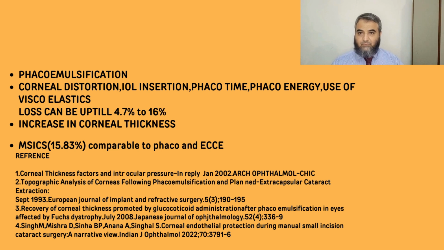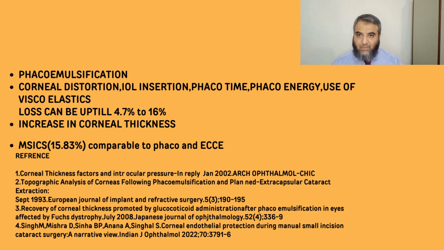It happens while we are doing any manipulation, putting in gel, the phacoprobe. It depends upon the insertion of the IOL, the phaco time and the energy which has been used. All these things plus the skills of the surgeon contribute to endothelial cell loss during cataract